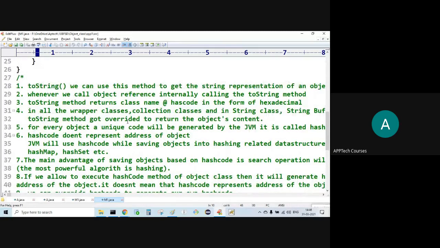We have so many methods inside the object class that are common for all the classes. That means if I create any class, by default, object class methods will be available in that class. We can make use of that.